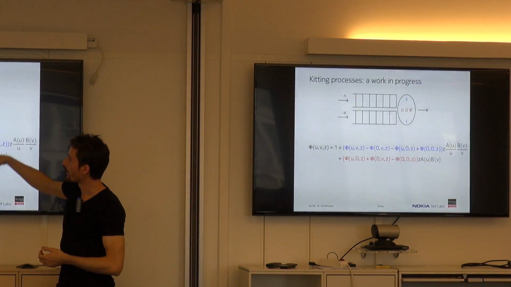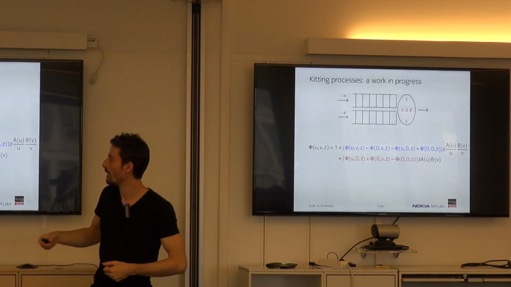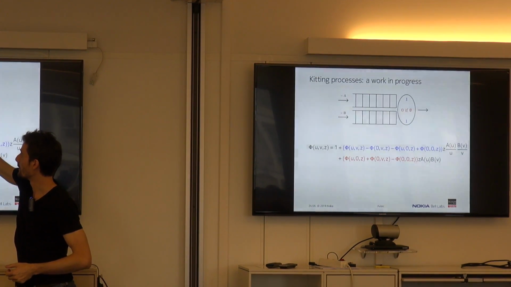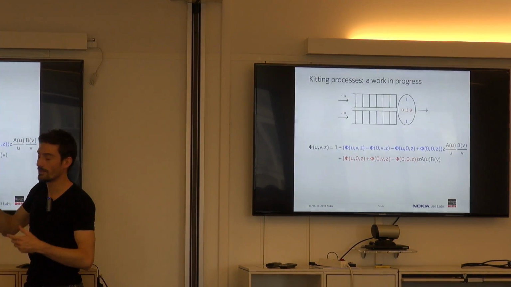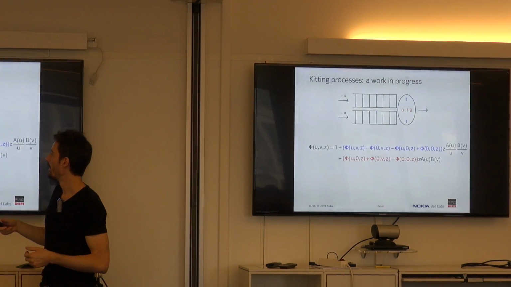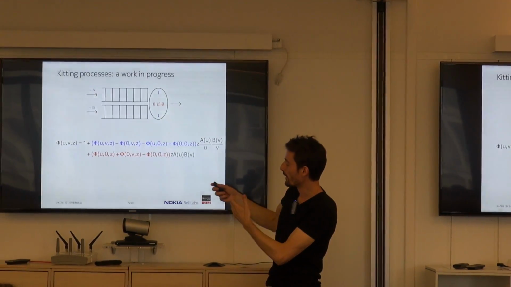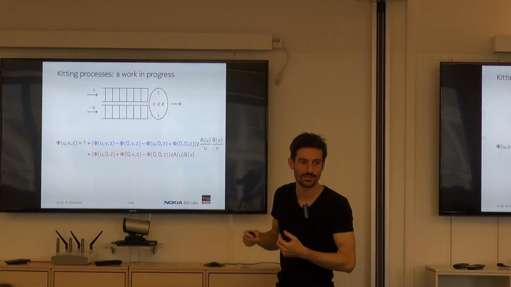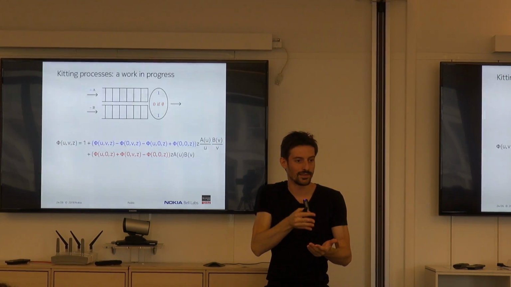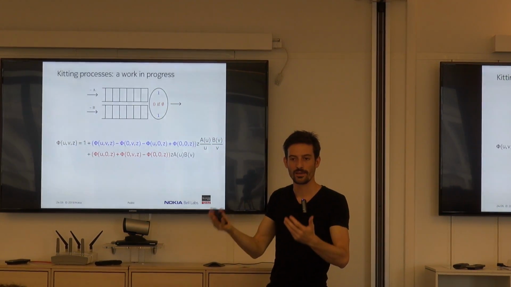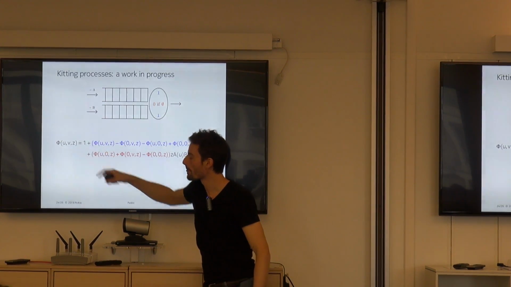And so this translates again into a generating function. U is going to mark the number of items in the first queue, V the second queue, Z is going to mark the time. And so we have three cases to consider. Either we are at the very start at time 0, so the queues are empty, and this is this one, or